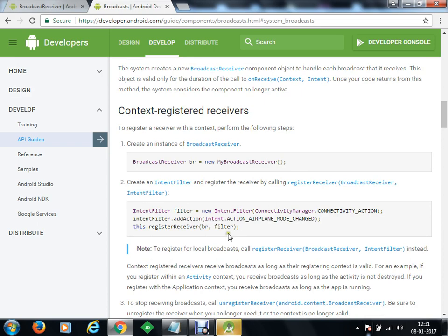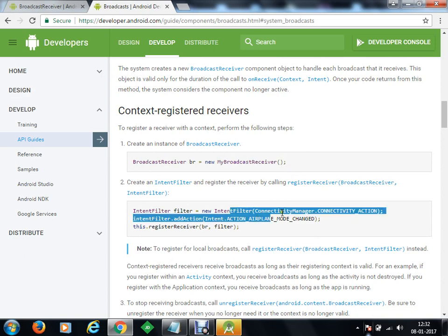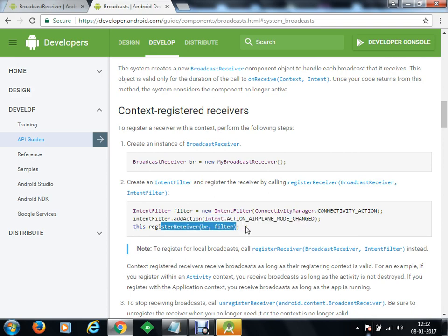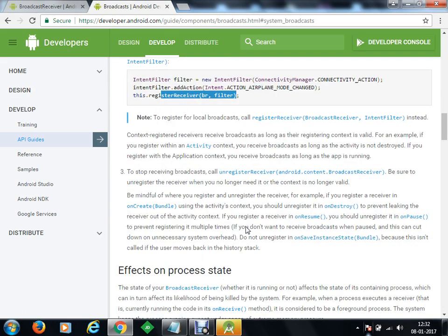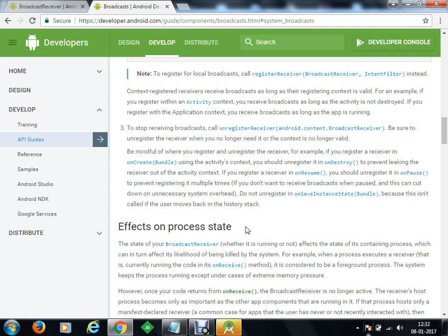आप बाकी रजिस्टर भी कर सकते हैं, मैच कर सकते हैं कि अगर आपको डायनामिकली करना है तो you can create a broadcast receiver using Java. You can get the intent filter from the connectivity manager or from different classes, and you can add that action to the receiver and you can register the receiver as well. Okay, so in case you don't want to do that from the manifest file, you can do that from Java as well. Okay, but generally manifest file में ही register किए जाते हैं receivers.